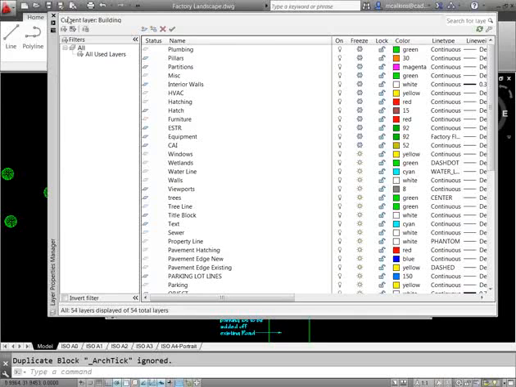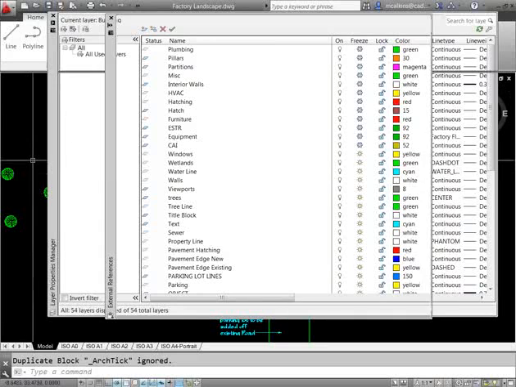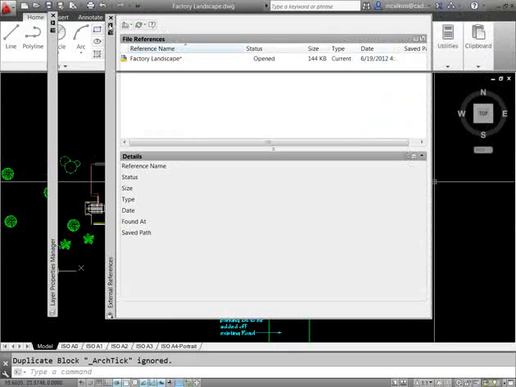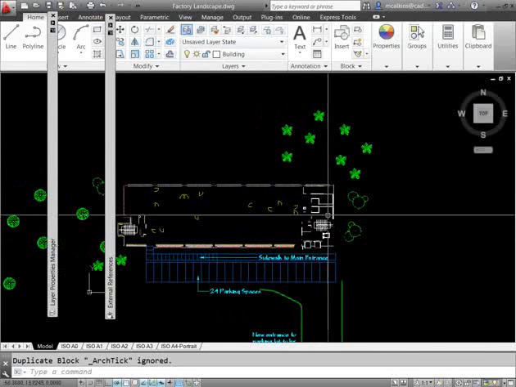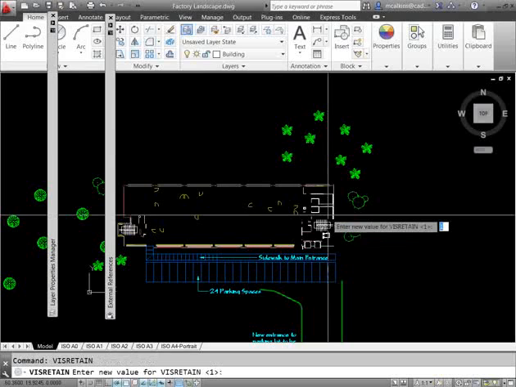Viz retain is a system variable, and there are various ways to access it, but I like that we now have autocomplete. So I type VIS, and we see viz retain, and you can set this to 0 or 1. And when it's set to 1, what it's going to do is when you reload an Xref, if changes have been made to the original file and you need to reload it here in the host, any settings you change, any of the statuses you change for layers in the host file